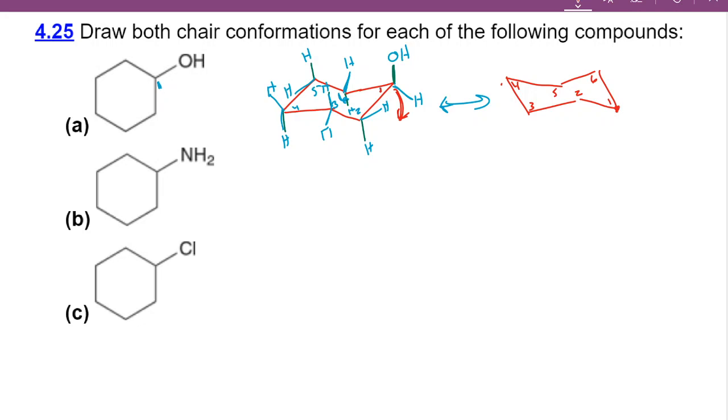Okay, so now everything that was axial is now equatorial. Everything that was equatorial is now axial. So if our substituent was equatorial down, as in the case of this hydrogen, now it's going to be axial down. If it was equatorial up, then it's axial up. So at carbon number 4, we had equatorial up. Now we have axial up. At carbon 5, we had equatorial down. Now we have axial,